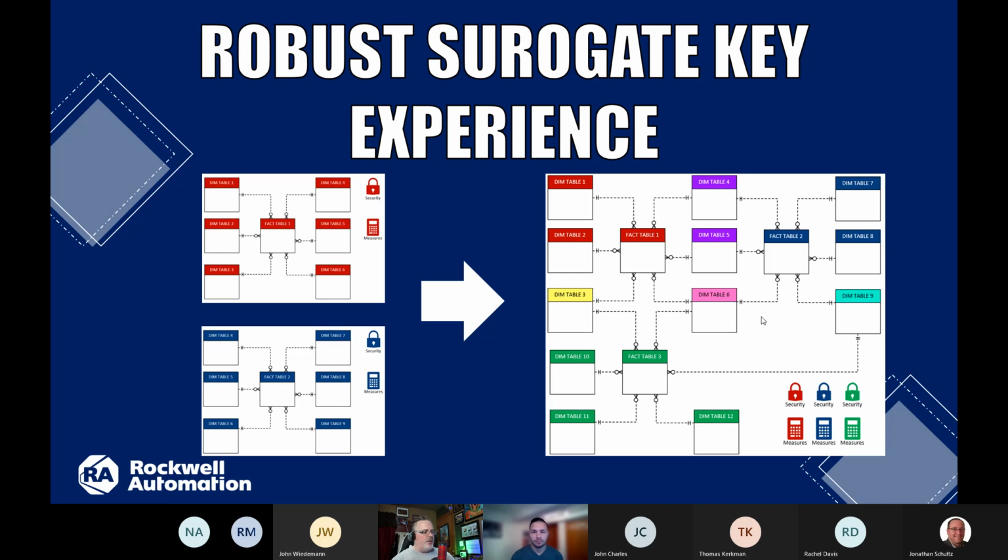This is going to be super easy for enterprises that have an uber advanced, centralized data warehouse with good surrogate keys that are centrally managed and highly curated. I've never worked in a company like that. I've worked in companies that say they want to do that, and they work towards it, but it's never something that ever actually appears. So we were asking them to build a robust surrogate key experience inside of the Power BI desktop that would enable users to add these in, create surrogate keys off business keys that are managed inside the experience to address late arriving data, new dimensions, these joins, that type of thing.